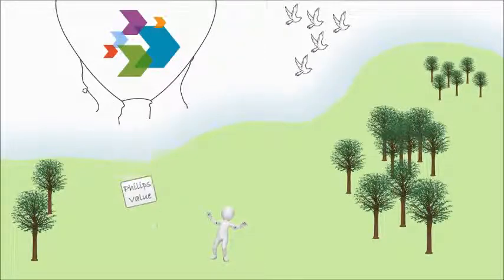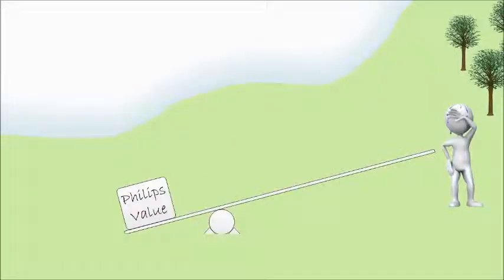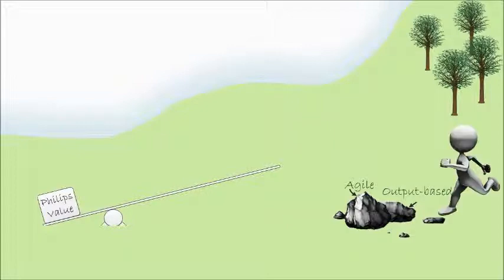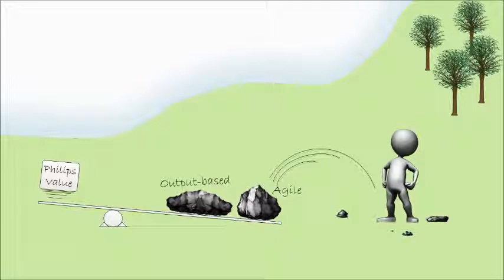Want to leverage best practices? Do you want to become more predictable with less risk? Do you want to deliver more value for Philips? This short video will explain why and how the combination of the output-based contract and Agile is helping Philips to